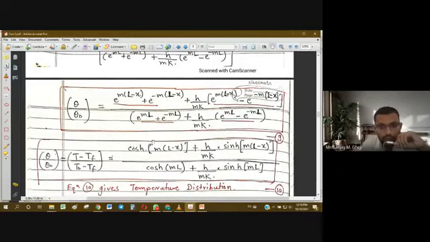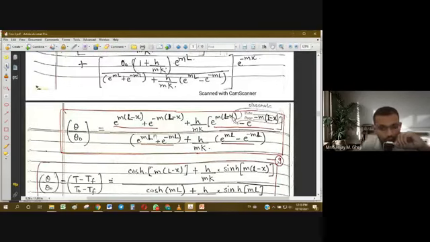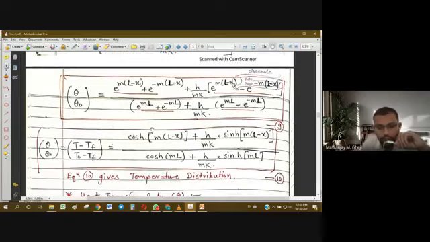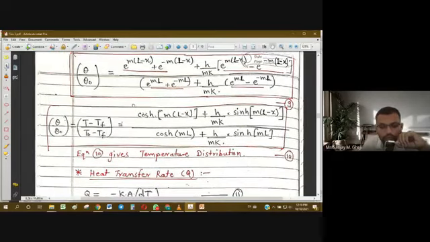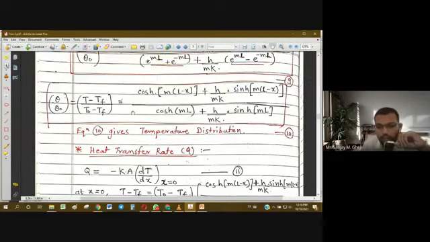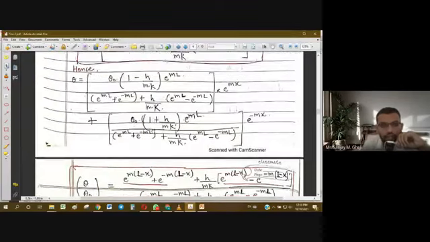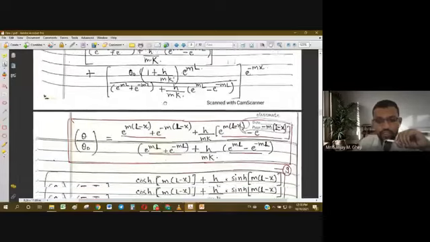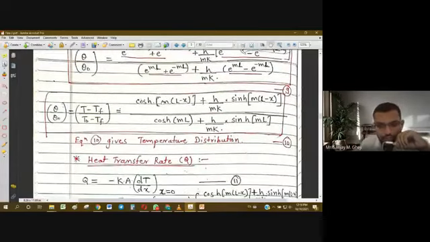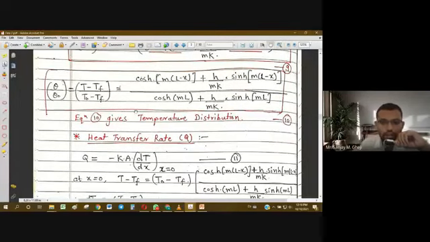I know it is a very involved process, a lot of mathematics is involved, but finally we are interested in the final form of the equation. Even though we go through this rigorous derivation, what result we get is important to us. So equation number 10 gives the temperature distribution. Normally this case of analysis will not be asked in the exam, because it is very complicated and takes a lot of time. What you have to understand is how it is obtained, and how it is different from the other cases. You have to understand the differences.